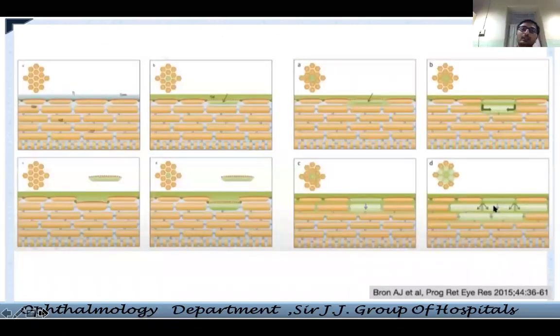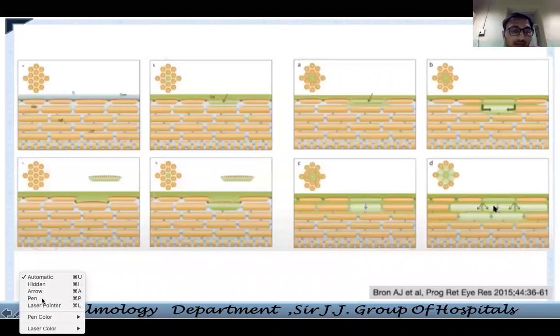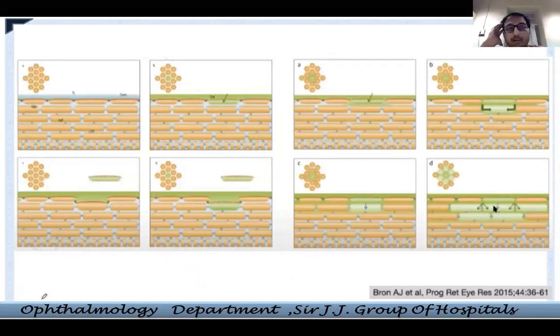So this is a very classical way of understanding it. Okay, if you understand this diagram, you will never have a question about why this kind of staining is happening. See, this is the normal epithelium I am trying to tell you. Now you know corneal epithelium keeps getting replaced and new epithelium is formed.